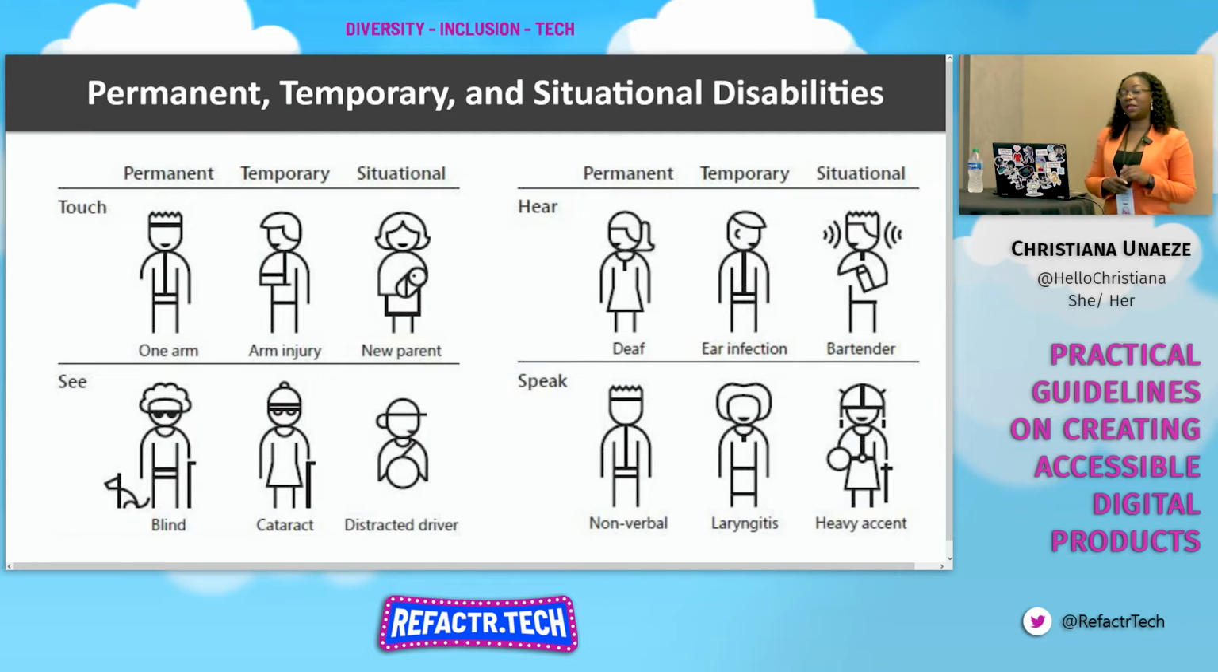Now, oftentimes when people think of disabilities, they often think of permanent conditions, like people who are blind or people who are deaf. But you may not realize that at some point in your life, almost everyone experiences some form of limitation or accessibility issue. You might not think about it, but there are permanent disabilities, there are temporary disabilities, and situational disabilities as